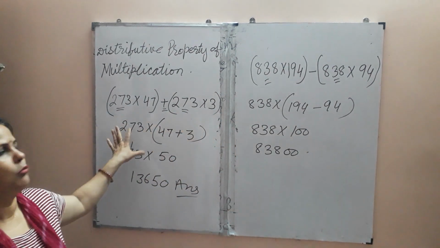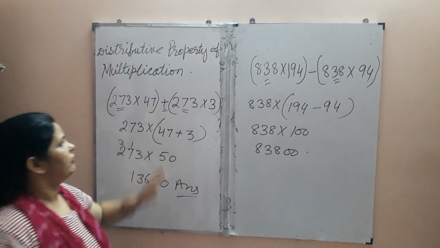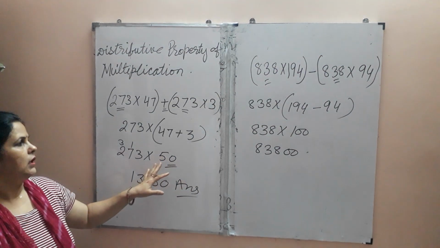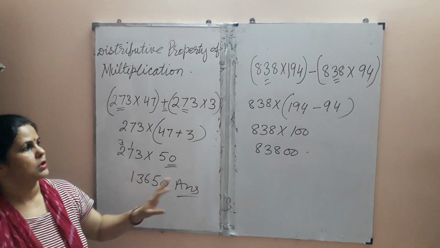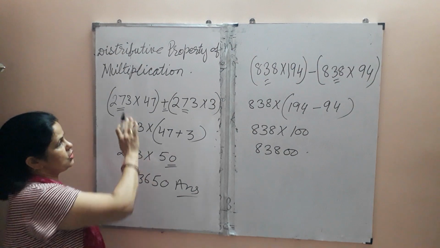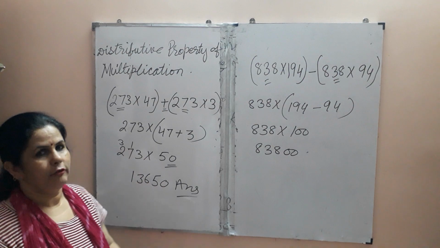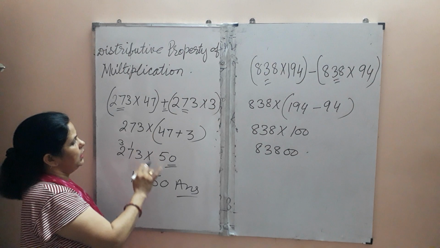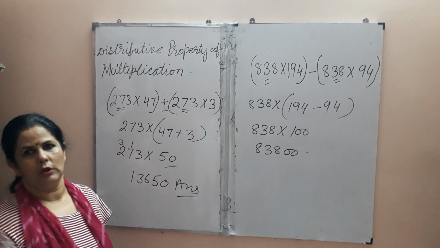And questions will be more or less of these types only. The numbers will be in such a way that at the end you can get the answer this way. Only a single non-zero digit will be there and the rest will be zeros. So questions will be in this way. Don't think that ma'am has given very easy sums and when we solve them they can be difficult. Questions will be in such a way only. At the end you will get only a single digit and zeros.